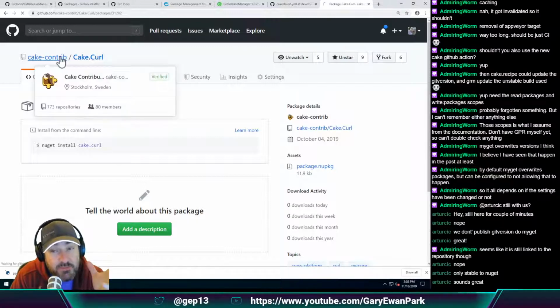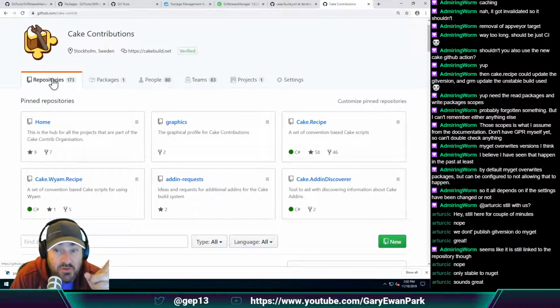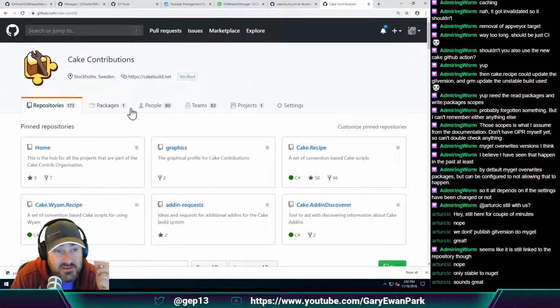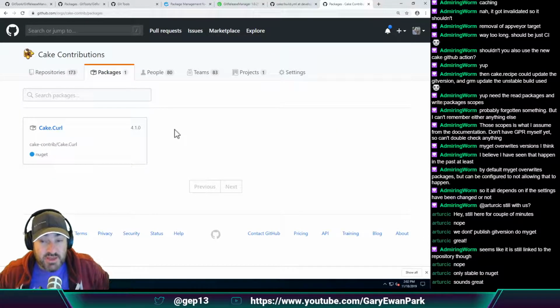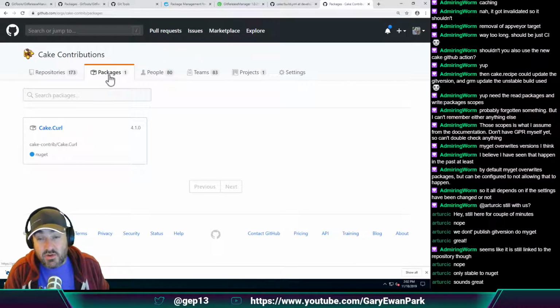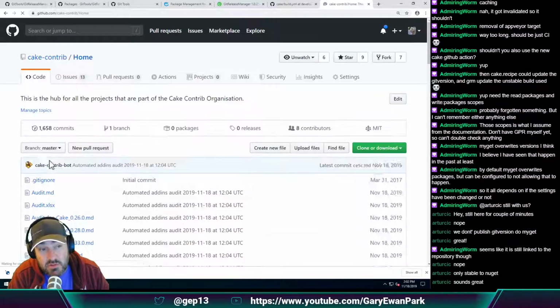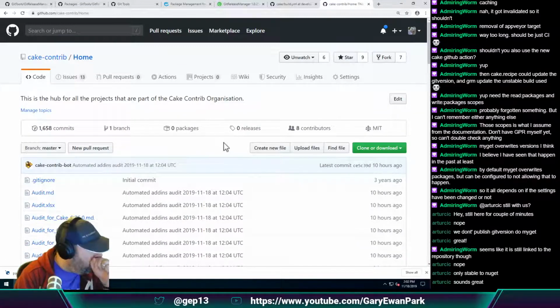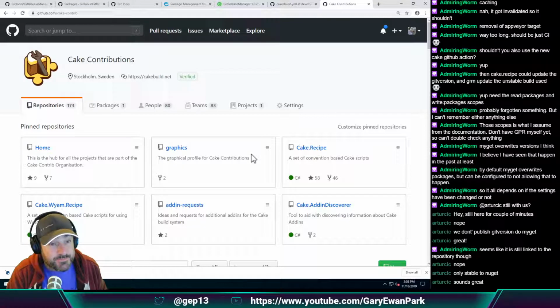So in theory, at some point, we can enable cake.recipe on all of the Cake Contrib organization packages, and we will have an entire feed here that has all of the 173 packages that are under Cake Contrib organization control, and it's bubbled up into here to the organization level. I quite like that actually, because I wanted them to bubble up, but I'd originally envisioned them bubbling up to this repository. But bubbling up to the organization level is pretty cool as well. Anyway,